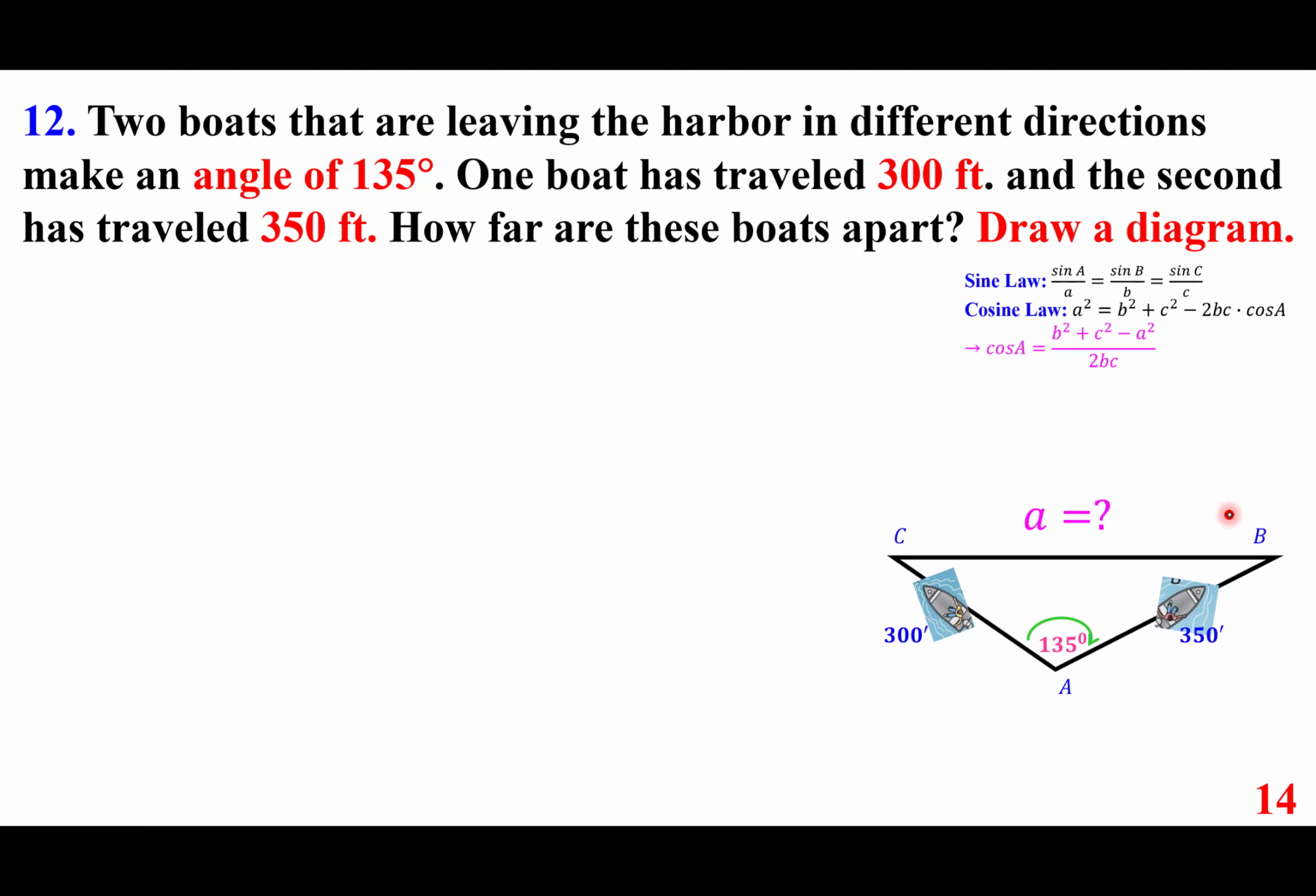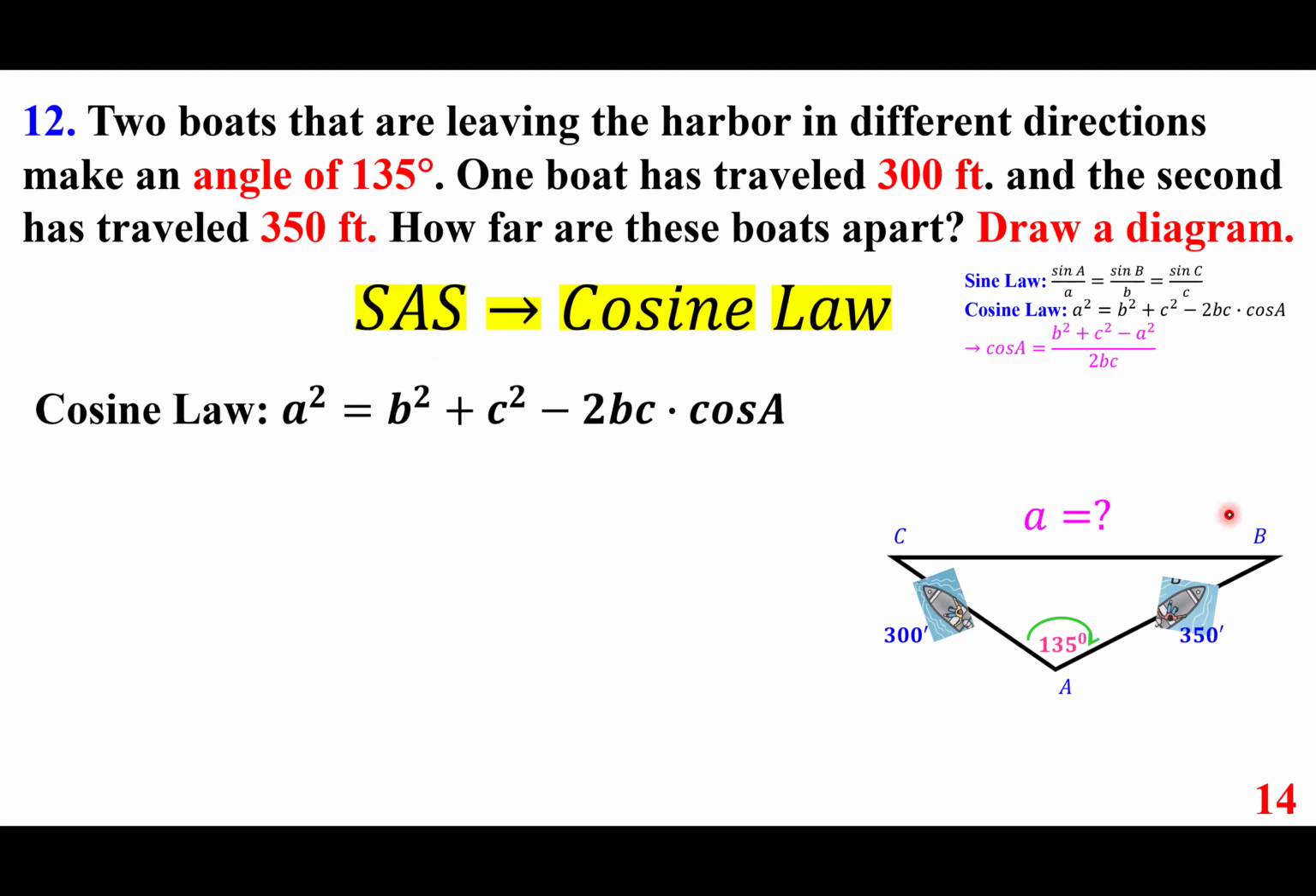So again, side angle side, we use the cosine law. A squared equals b squared plus c squared minus 2bc cosine a. And we want this. So a squared or BC squared is 300 squared plus 350 squared minus 2 times the product of these two and cosine of 135 degrees. Just plug in this one,